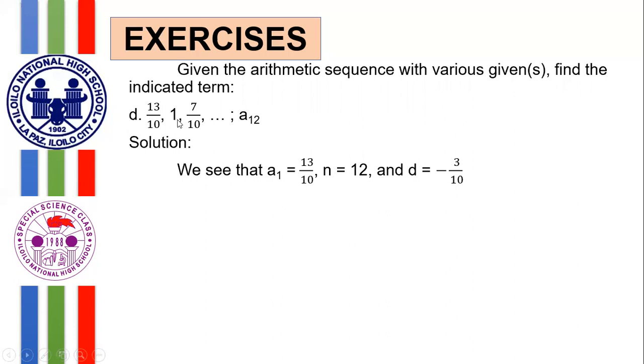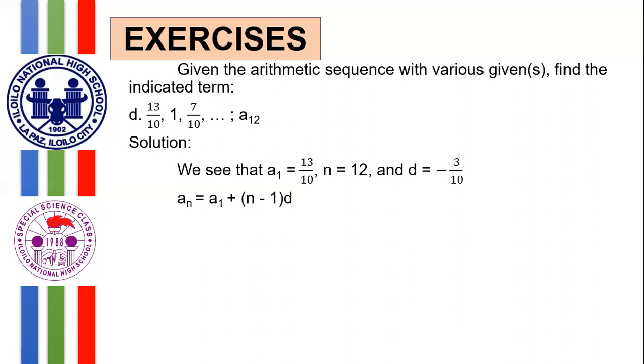If you subtract 1 minus 13 tenths, that's negative 3 tenths. 7 tenths minus 1, that's also negative 3 tenths. You could verify that with your calculator if you wish, or you may solve on your own. We have the needed info. So by